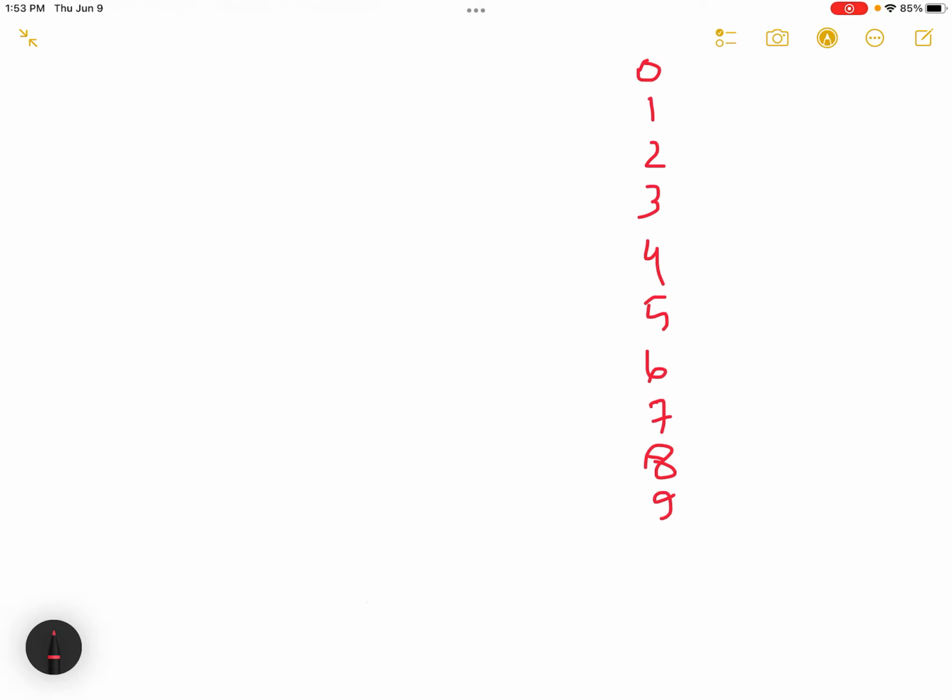So you can see from 0 to 9, these numbers have different shapes, right? Every digit has its own shape. But if you want to write 10, you don't have a different digit. So what do you do? You write 0 and then bring the first number here, and you increase like 11, 12, 13,